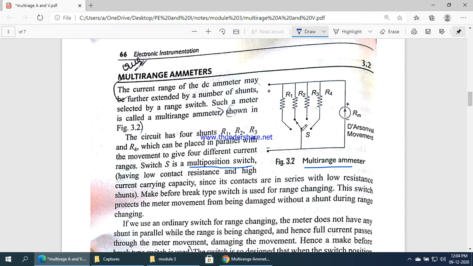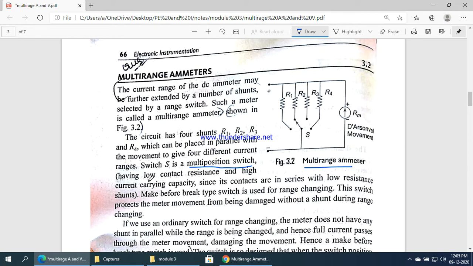Rest of all remains same. The working, everything remains same. The main current, and this is the shunt current and the Arsonval current. A low contact resistance. So what it provides, the multi-range switch is having a low contact resistance and high current